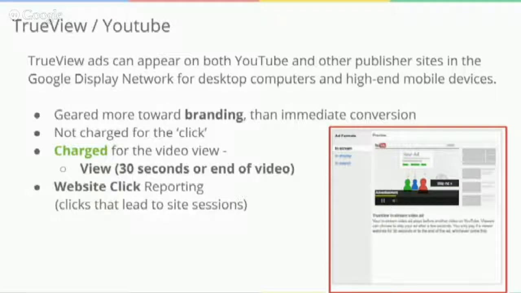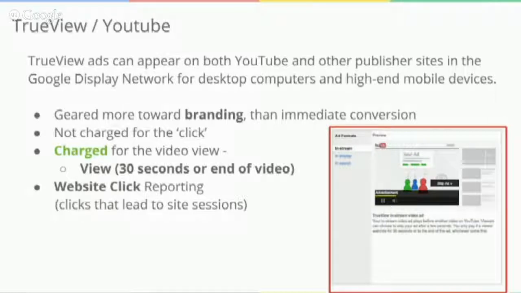So the click is a secondary action that they could take, and depending on your ad itself and whether or not it has a call to action, they may or may not actually click on that. A common thing that comes up is that users see they may have a bunch of views for a particular video, and a very low number of sessions. Just because you've generated a lot of views for a particular ad doesn't mean that we're going to have a lot of sessions afterwards. So a better